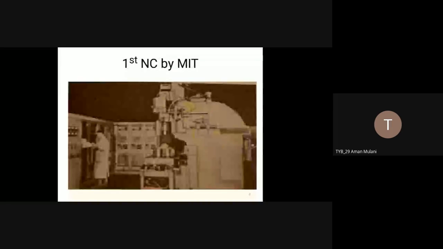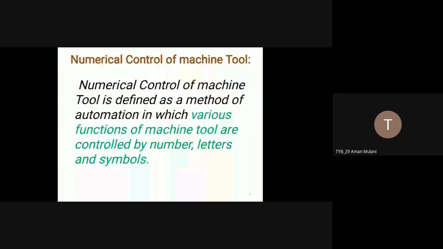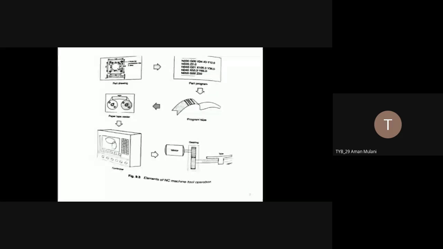used in our industry. Okay, so this is the first picture where MIT developed the first NC machine, in England, 1960. Okay, then this is one of the general procedures where we are going to use the NC machine for manufacturing. Okay, so